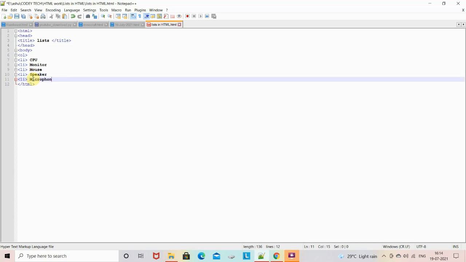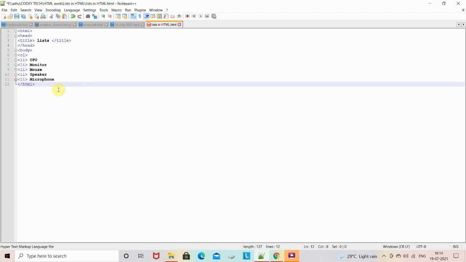So these are my list items. Now before running it, we have to close the OL tag. It is a container tag, and we will also close the body tag.